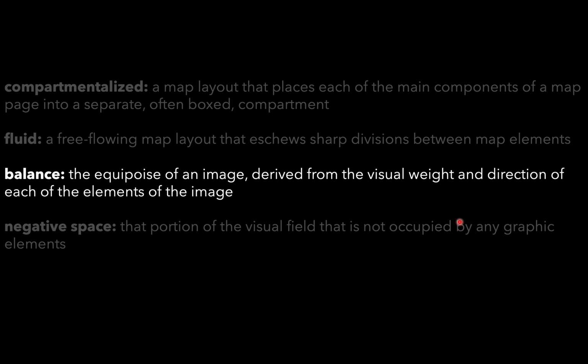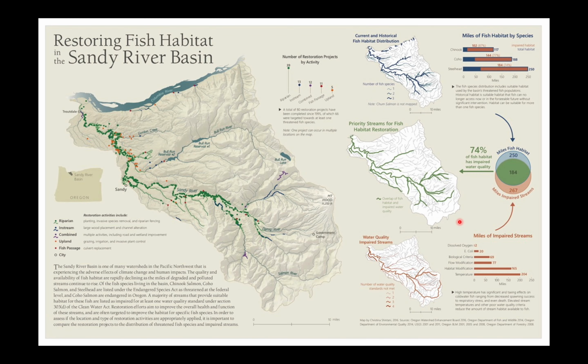There are different times where we try to find a very strict balance, and other times where we try to weight things to one side or the other based on what we're trying to communicate. So here's a good example of good balance in the map. If you divide this map in half this way, more or less, you can see that over here we have a large geographic feature that takes up a large portion of half the map. Then we have some small elements, a locator map,